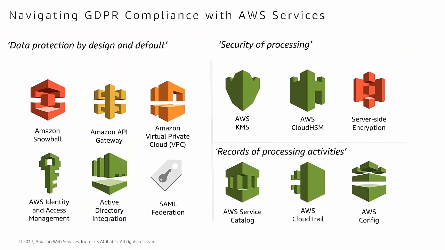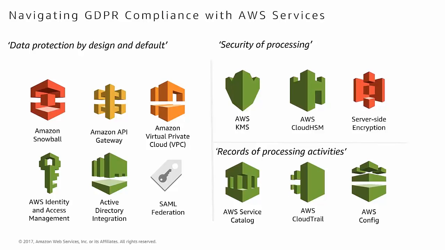So here's an overview of services we are offering. I already mentioned that when I did the mapping. So we have the whole data protection by design and by default. There are many AWS services which can help there. So for example, using Amazon Snowball from the beginning, using something like this for the data portability,